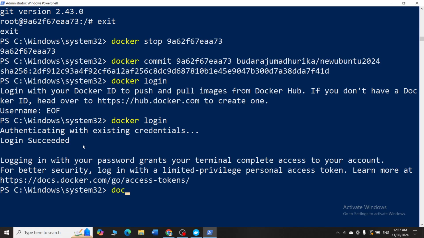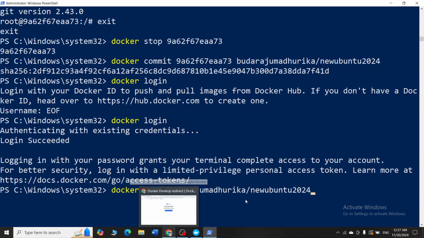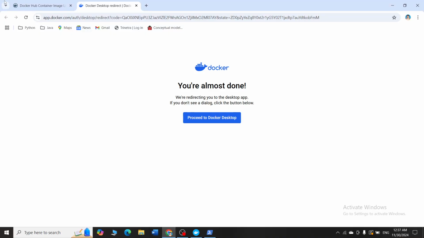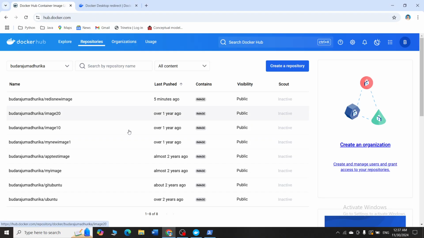And now simply say docker push the image. So what is the image? Budaraju Madhurika / and the image is new Ubuntu 2024. Before pressing enter, I will just show you my Docker Hub here. You can see it has 8 images and there are already 2 Ubuntus here.